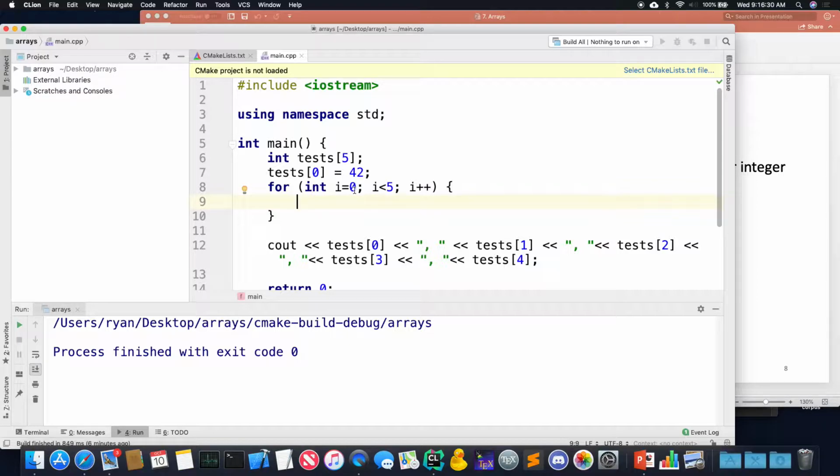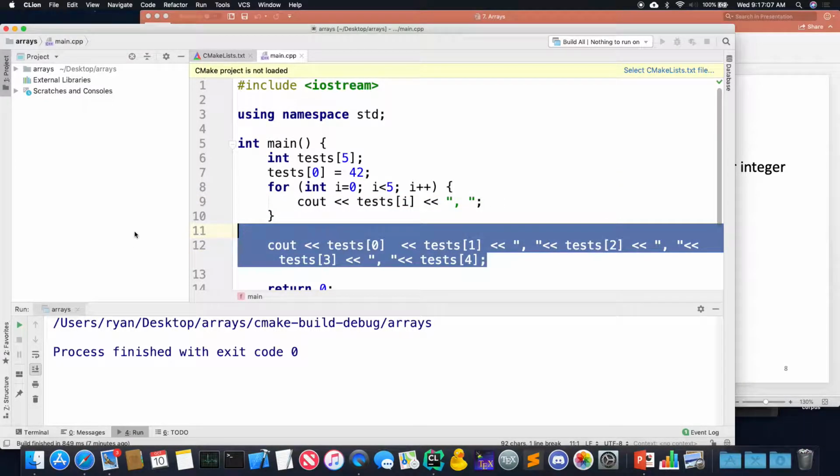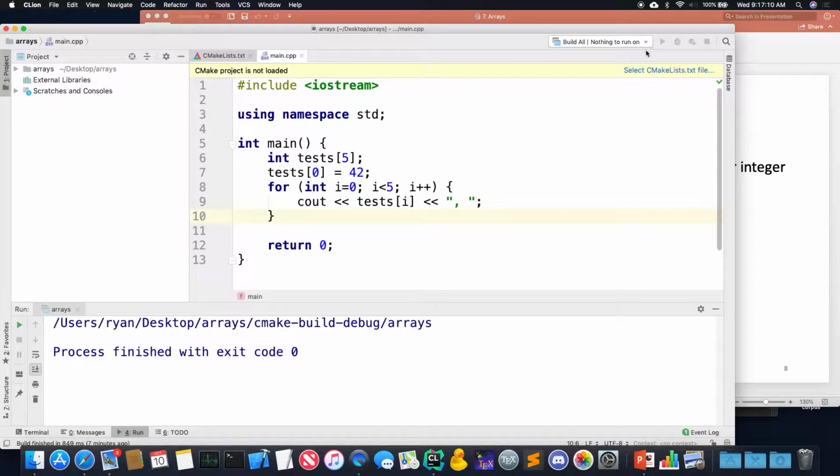The other great thing about this loop is it's looking at the indices of the array at the exact same time. So on the first iteration of the loop, i is equal to 0. Good. And what is the first index of an array? 0. So if I wanted to print the ith index of this array, I just cout tests of i. That'll do exactly what we want. But here I have a comma separator, so I'm going to copy and paste that in here. And now we can compact our expression much more easily.